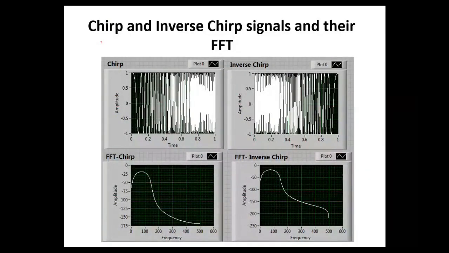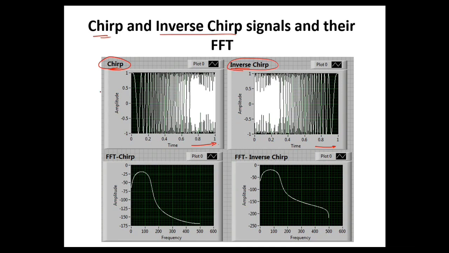Now the problem comes, suppose we use chirp and inverse chirp signals. So if you look into the nature of the chirp signal, in the chirp signal you have the low frequency, and as the time progresses your frequency increases. Okay, on the other hand, in the inverse chirp, we start with a high frequency and then as the time progresses we go to lower frequency, right? But the frequency components in both the chirp and the inverse chirp are the same.